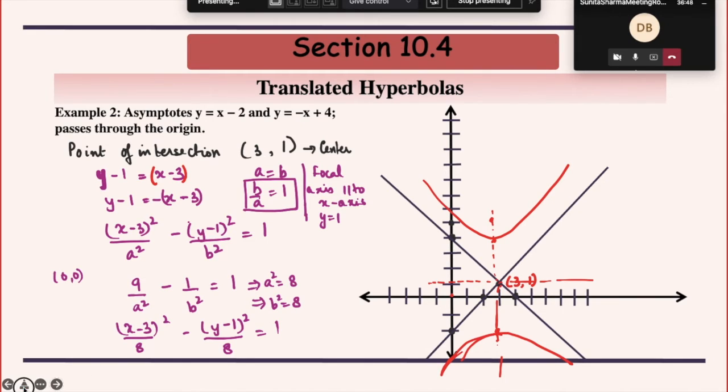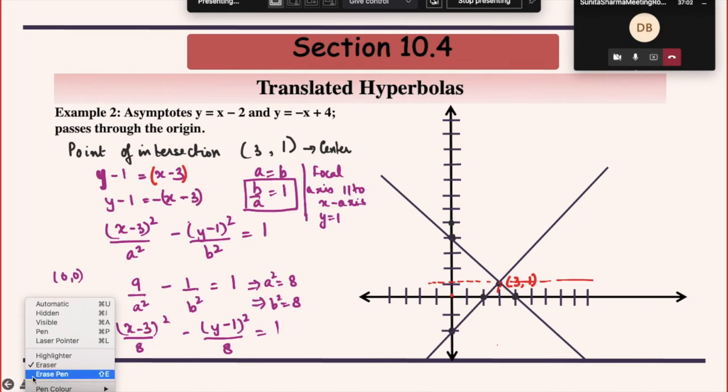Okay. So all these parabolas, hyperbolas and translated conics which we are having are going to have axis either vertical or horizontal. No other option. I mean, no rotated axis we are going to consider. So only horizontal or vertical. In this case, the vertical axis possibility is ruled out because your hyperbola has to pass through origin. So the only option is that the axis has to be horizontal.